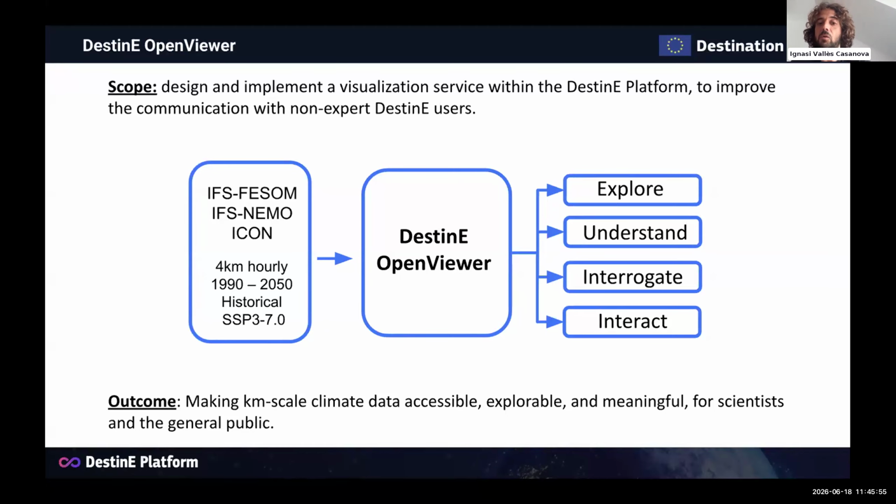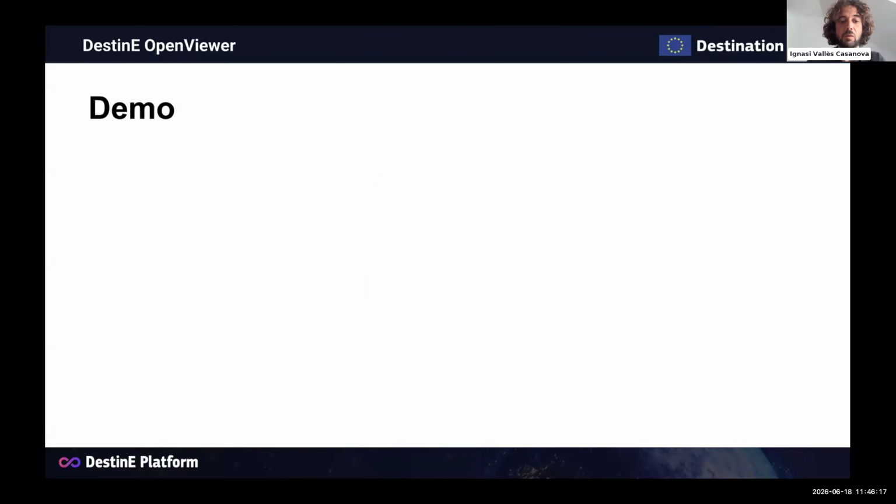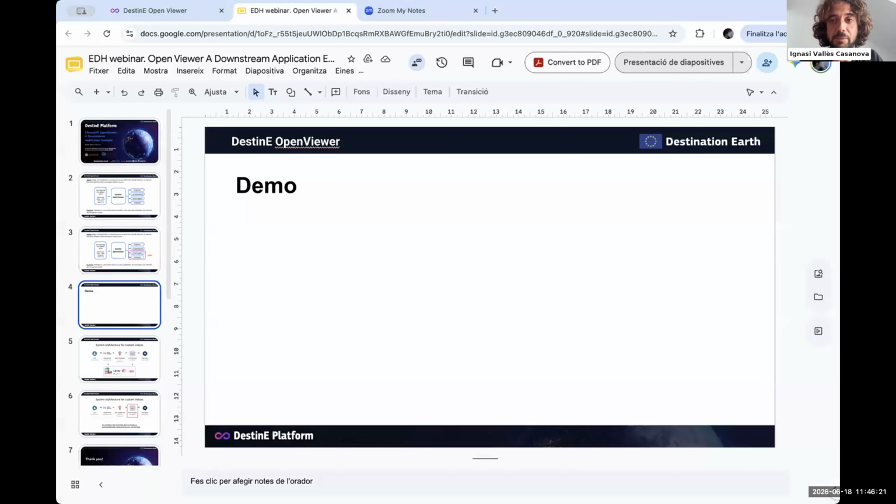So the OpenViewer will be a window where users will not only explore how this data looks, but even more, interrogate and interact with it. And on that side of interrogating and interacting with the data is where the Earth Data Hub makes it possible. So I'm going to show how the data viewer looks first.